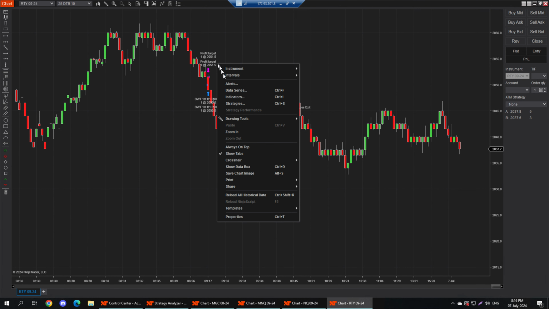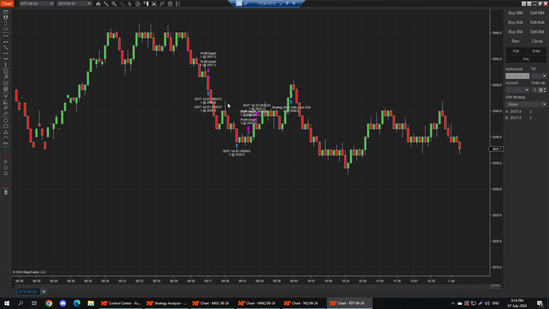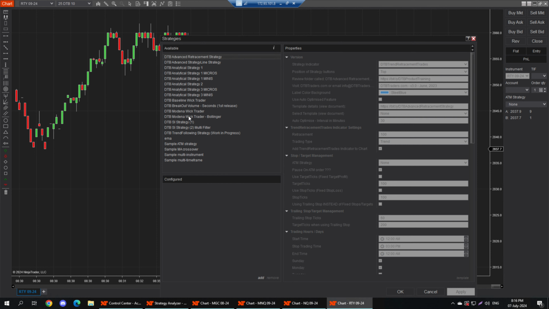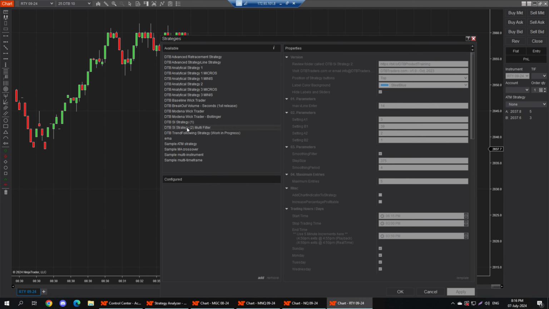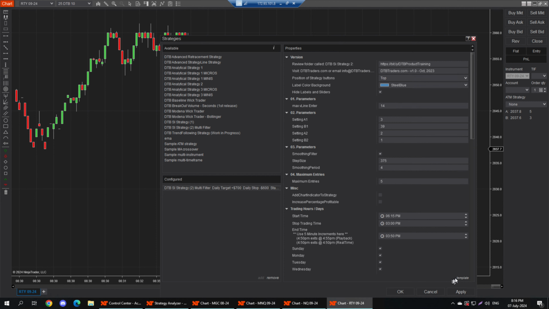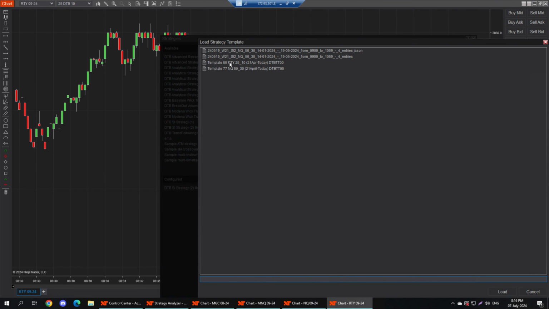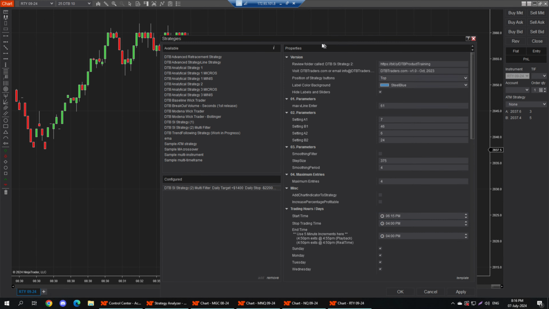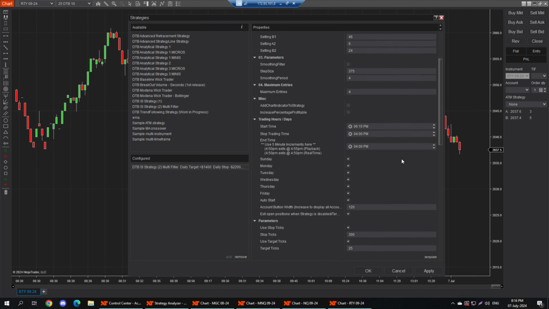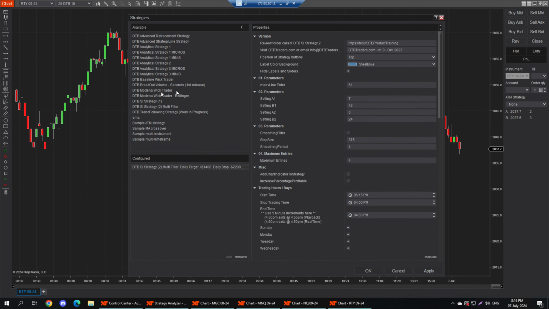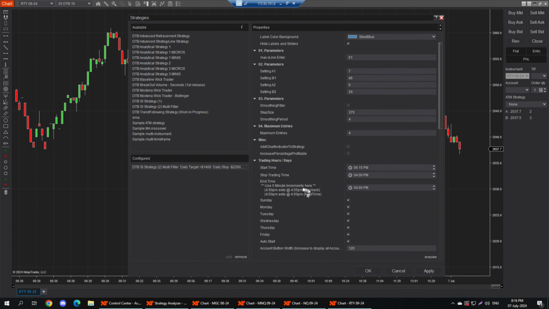Okay, so we're going to go to the strategies. We're going to go to the DTB SI multi-filter. And we're going to go template, load, template number 55, RTY, load. Okay. Now, once you've loaded the template, it's telling you, okay, this strategy is trading from 6:15 p.m., which is